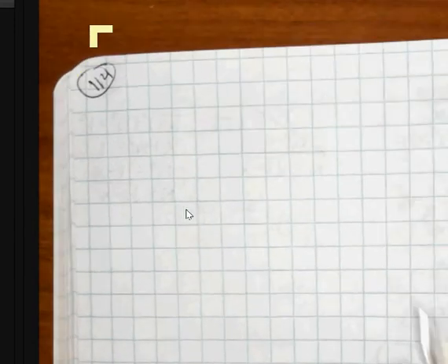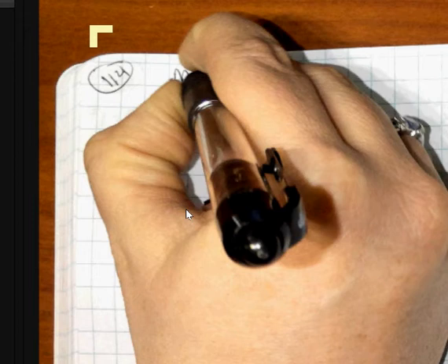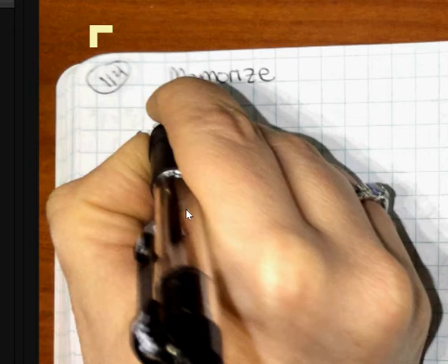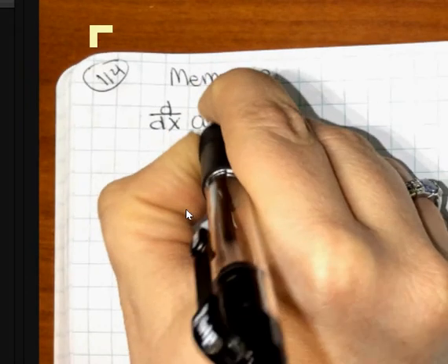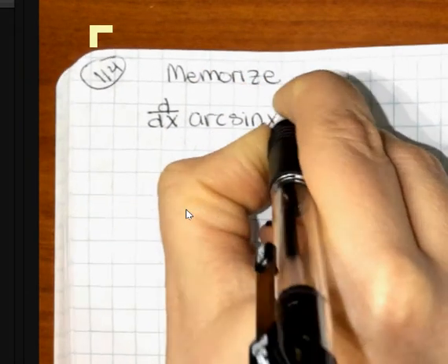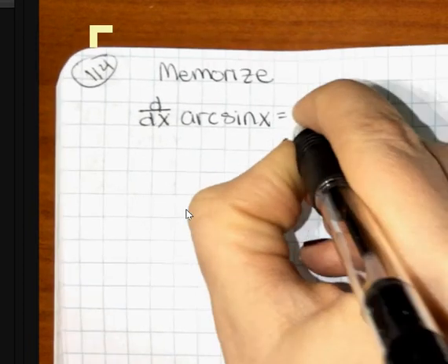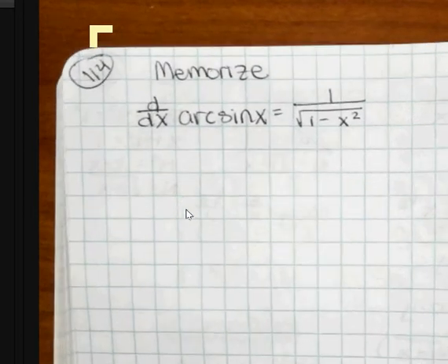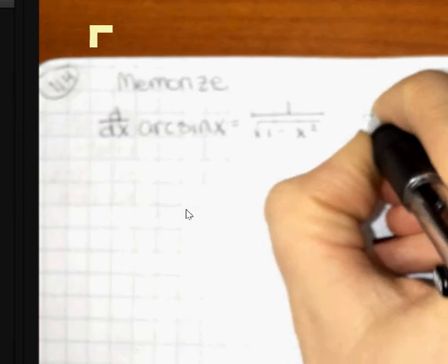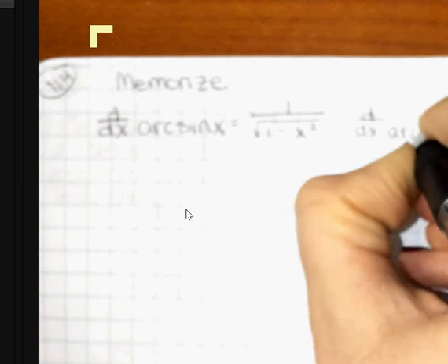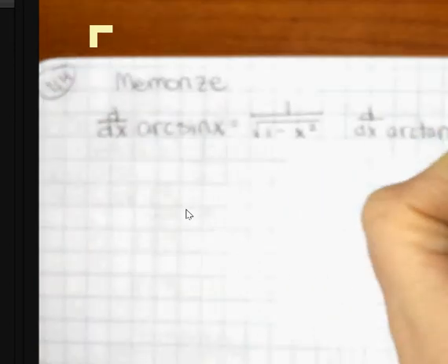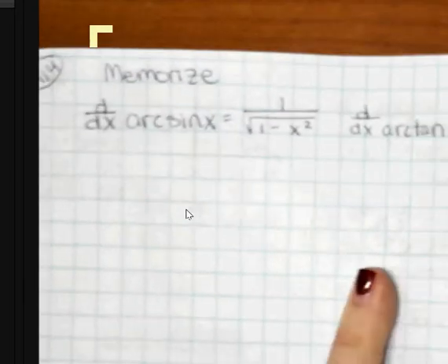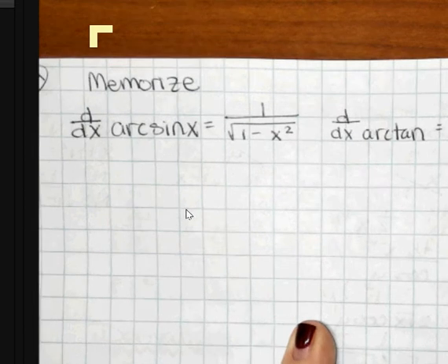But today, what I'm going to tell you is you could also just memorize these. Okay? So you can memorize the derivative of arc sine x, which is 1 all over square root of 1 minus x squared. That's one of them you can memorize. The other one that we talked about yesterday was the derivative of arc tangent, which is equal to 1 over 1 plus x squared. Okay, and lastly, we did the derivative of arcsecant,